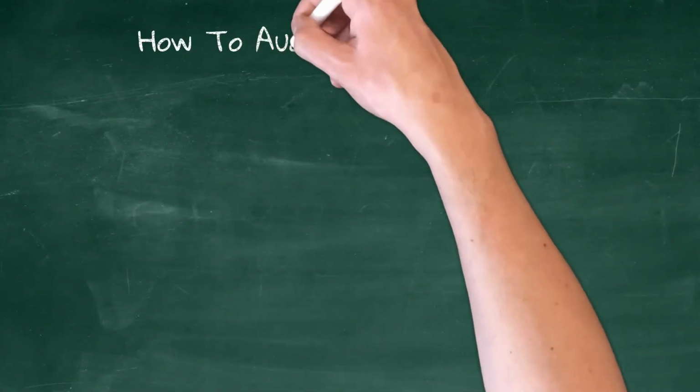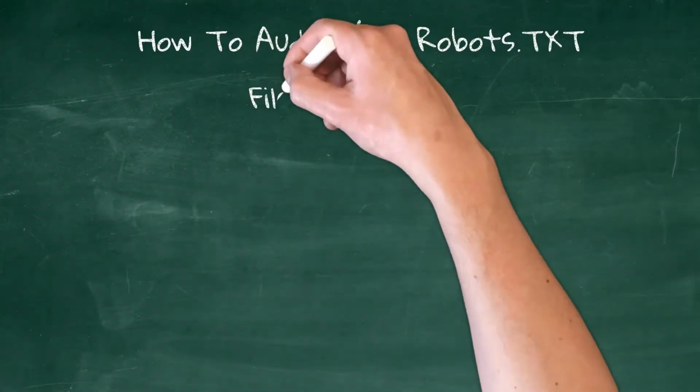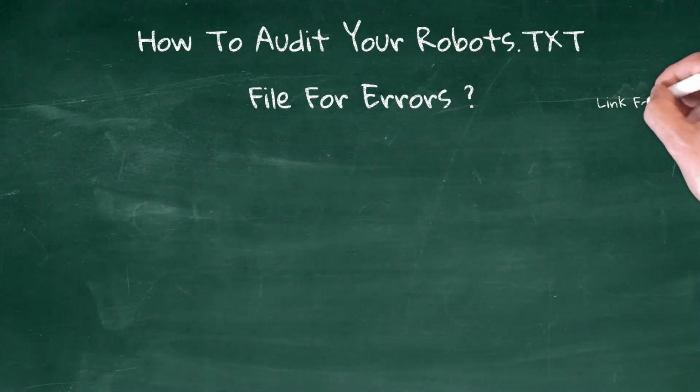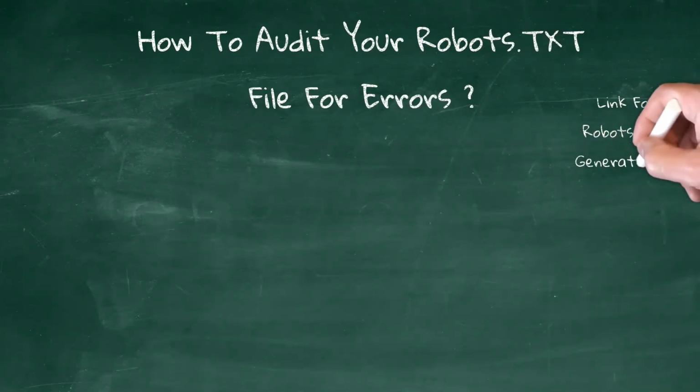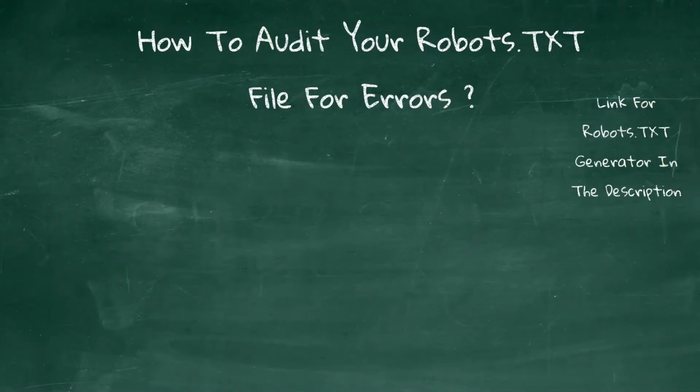So how do you audit your robots.txt file for errors? Look, errors are super easy, like mentioned before. It's super easy to make them, especially if you're trying to create one yourself. This is why I recommend using the generator down below. Sorry for another shameless plug. But it's such a great tool. But if you're trying to create one yourself, or maybe you've bought your website from a website provider, and maybe someone's already set it up, it's a second-hand website kind of thing, and you find an issue with it, then you can